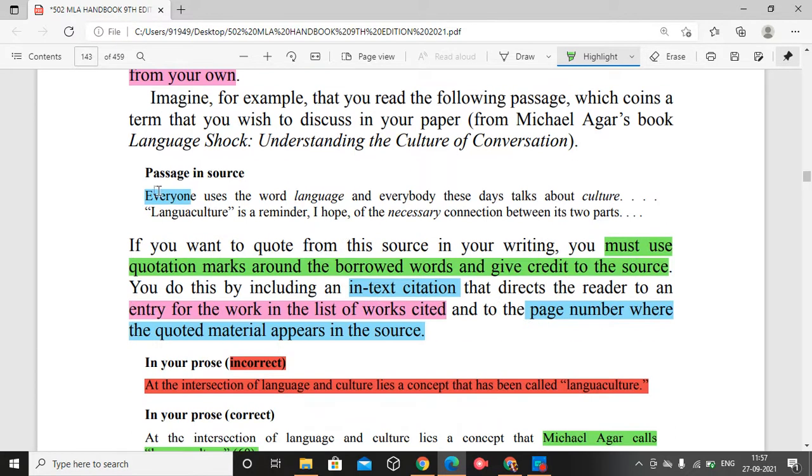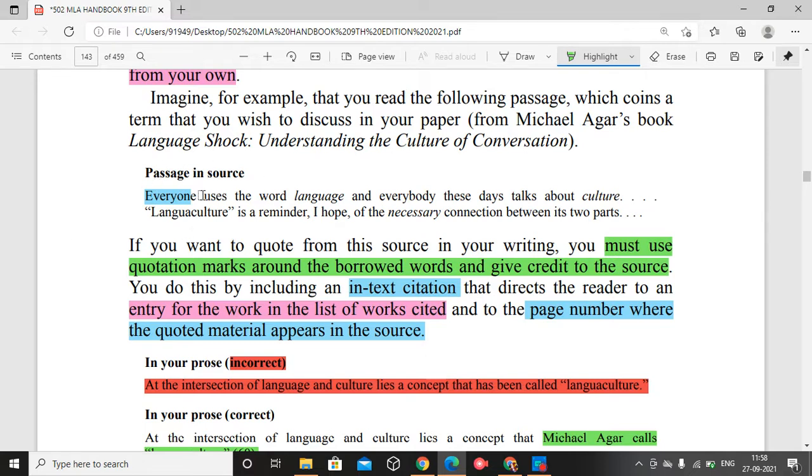The example is given here within quotes. "Language culture", the very term, is in quotes because it's not yours. It's not as simple as writing down the term language. "Language culture" is from another person.